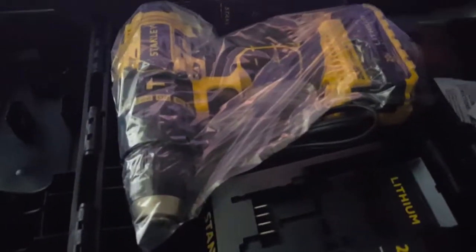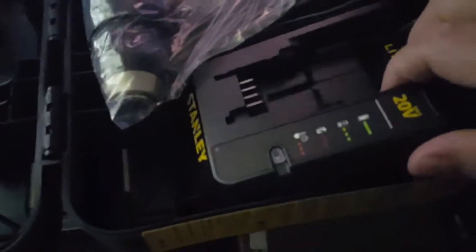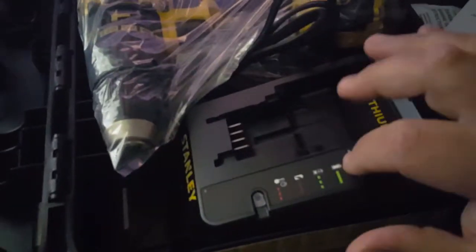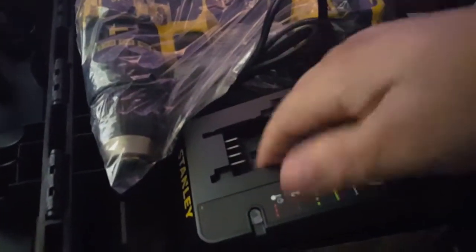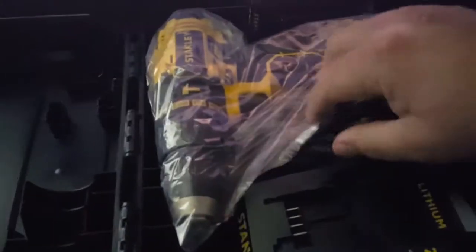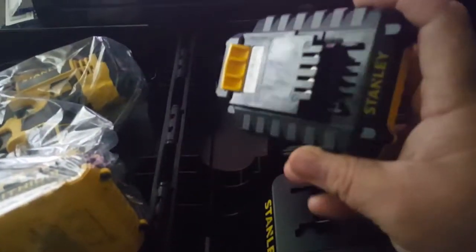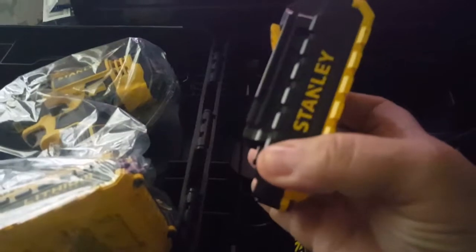Where you can get it serviced. Then you got the battery charger, which looks like the same thing as my Black & Decker fast charger that I paid extra for. Sure, there are little pins in here to keep it from using a Black & Decker battery, and that can be remedied, from what I understand, because these batteries look suspiciously like they can fit in a Black & Decker drill. Oops. But yeah,